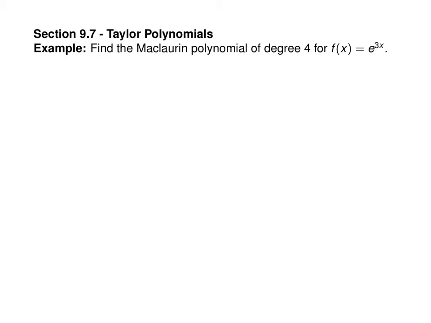So this is a generalization of the idea of a tangent line approximation to a function. So a Maclaurin polynomial of degree 2 would approximate a function near 0 using a quadratic, degree 3 would use a cubic, and degree 4 is going to use a polynomial of degree 4. And just remember that a Maclaurin polynomial meant that your center was at c equals 0, and the fourth Maclaurin polynomial is given by f of 0 plus f prime of 0 times x plus the second derivative